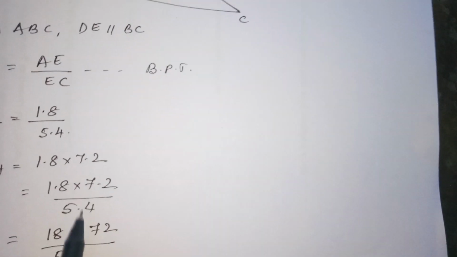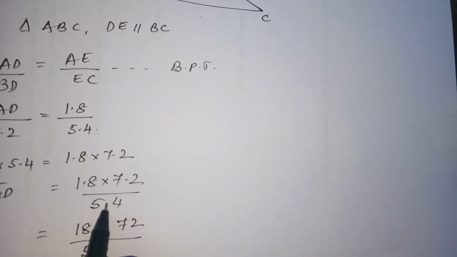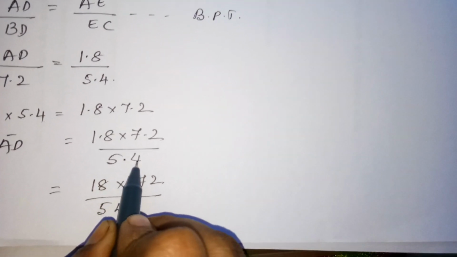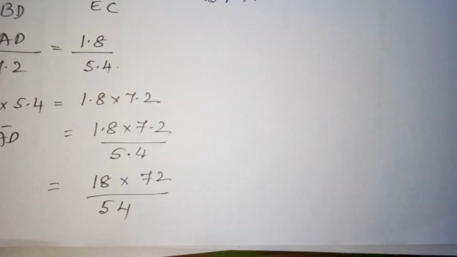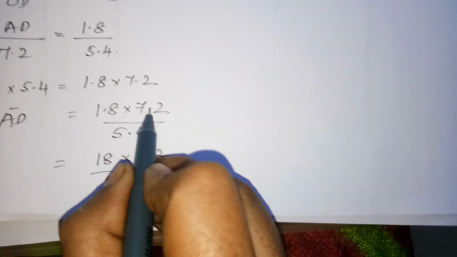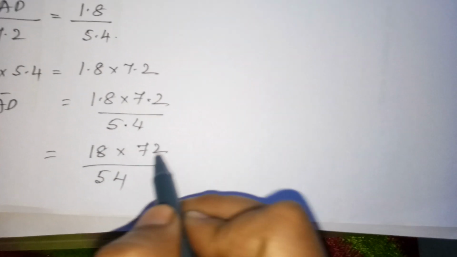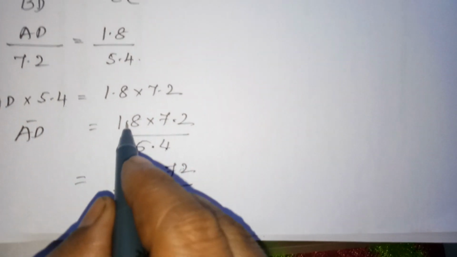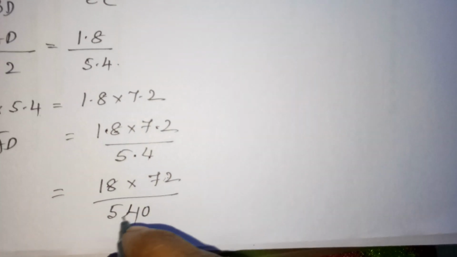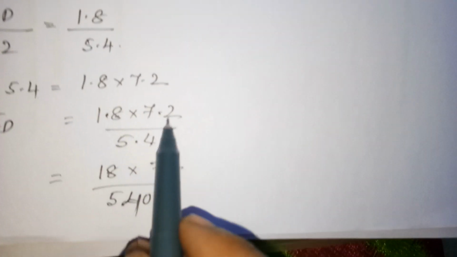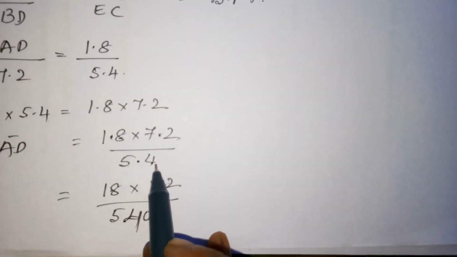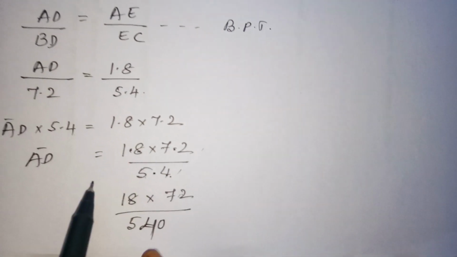Here, after the decimal point there is one digit in the denominator, and in the numerator also there is one digit after the decimal point. So you can ignore the decimal points of these two, but here after the decimal point there is one digit, so that many zeros you can replace in the denominator. So one digit gets cancelled. It means to say that 720 by 540, the 00 gets cancelled.